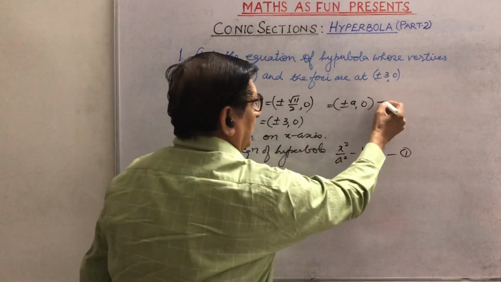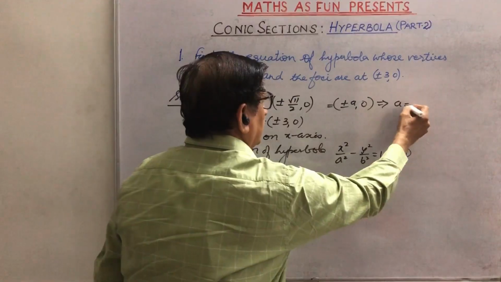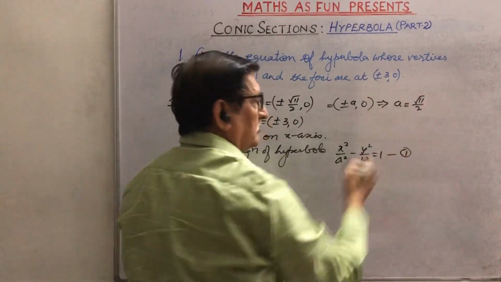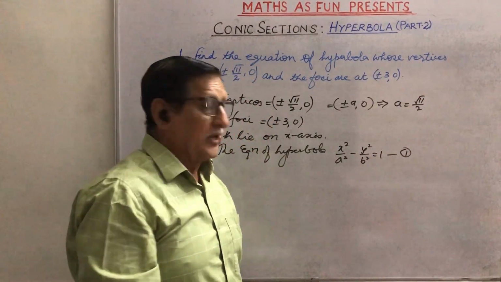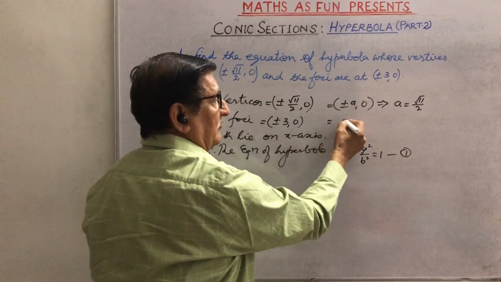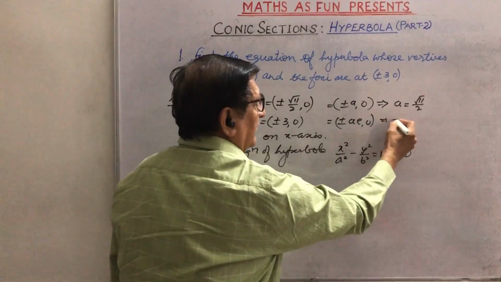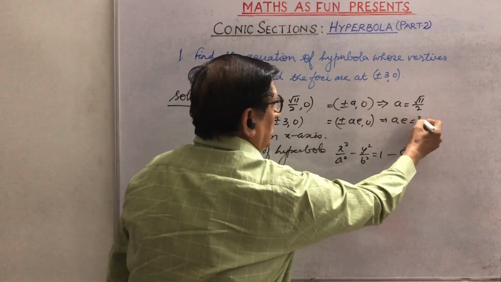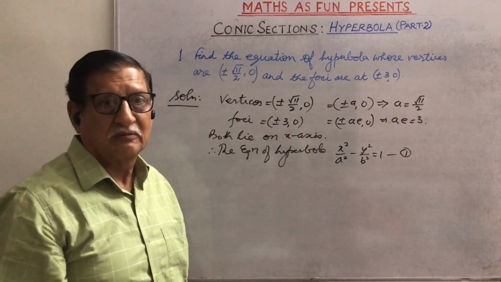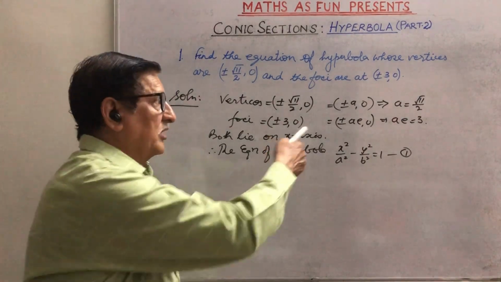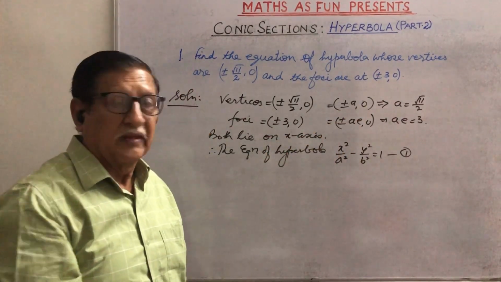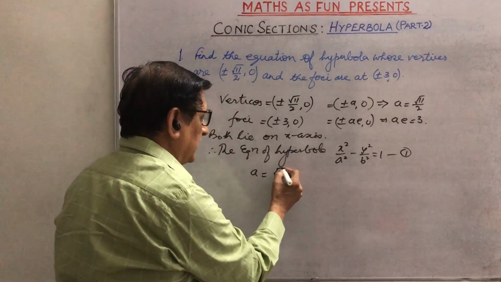Do we find from here that a is equal to root 11 by 2? And also we know that the foci are given as plus minus ae comma 0. So we find here that ae is equal to 3. So we have already found the value of a. It means a square will be